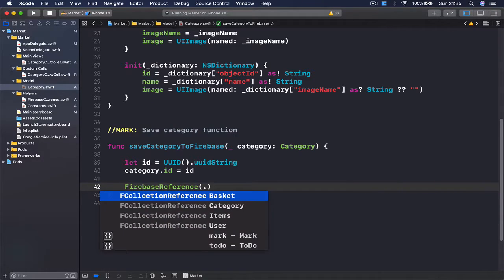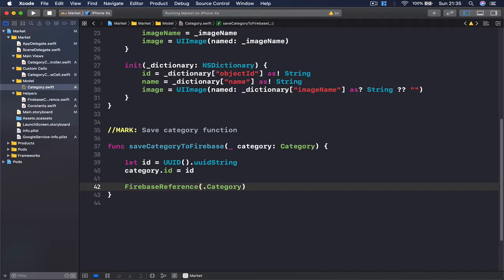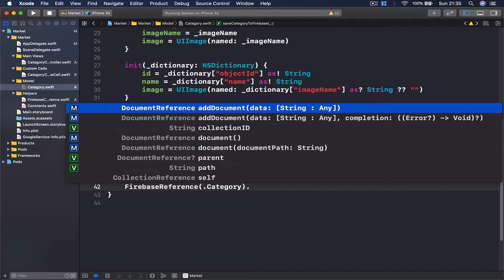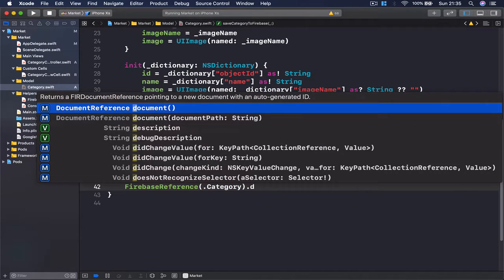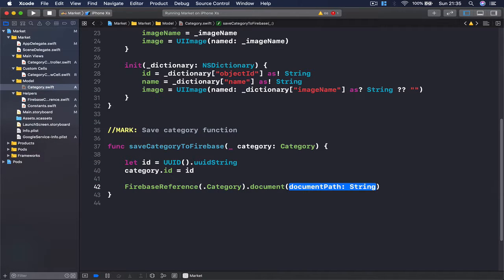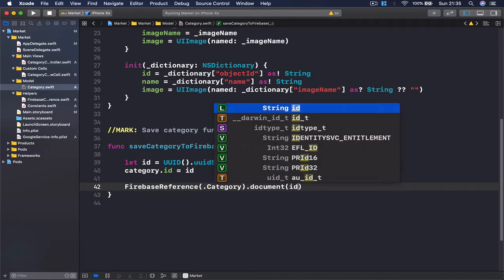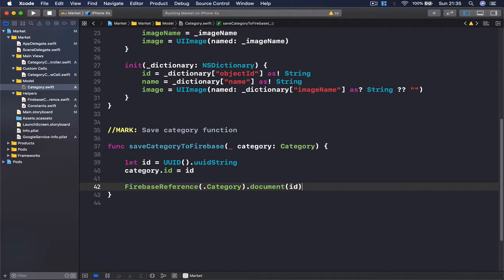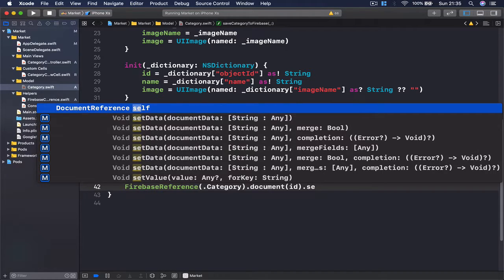So I will say dot category, and then I'm going to create a document. So we say document with path, and my document path, I want to use my ID of my file as the name of my document. So I'm going to put here ID, and now we are going to call set data,